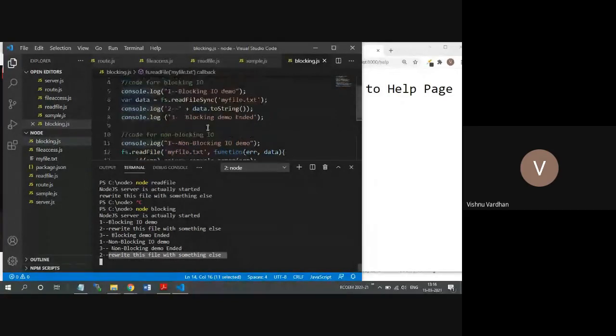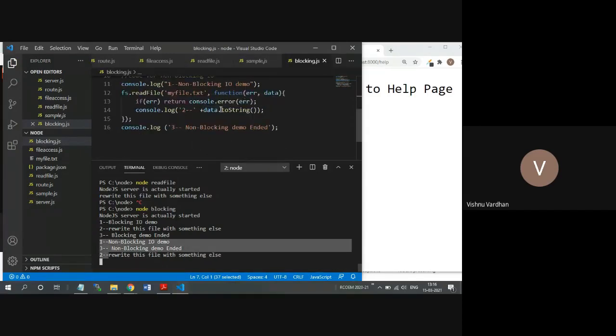Whereas in the blocking input-output operations, the code is very simple. It stops until the second statement is executed. In the Node.js framework, every functionality will look like this only.